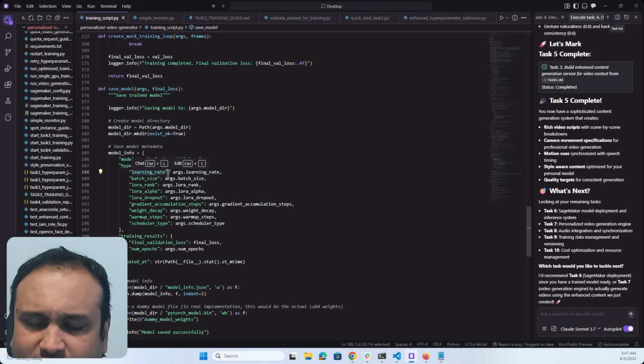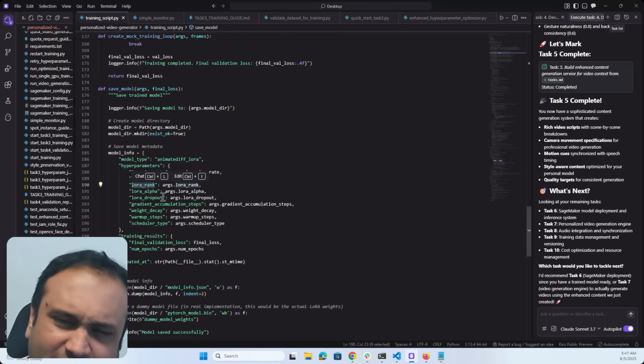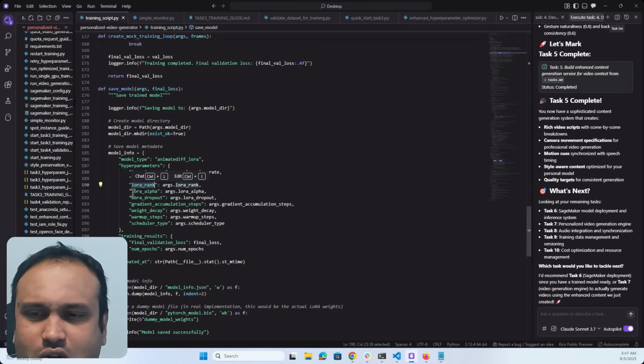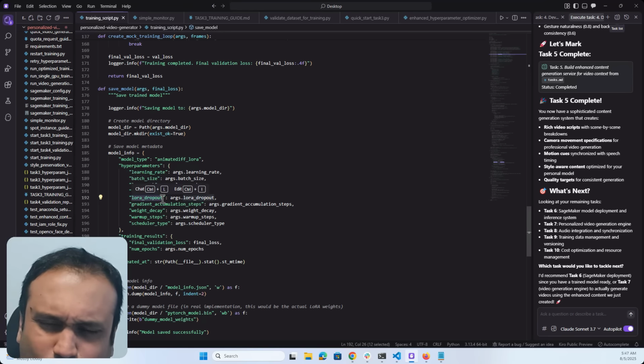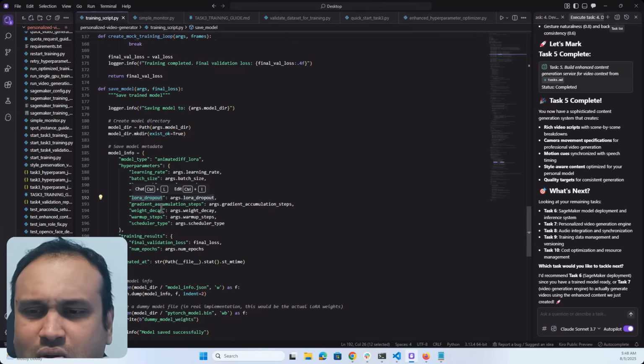The learning rate, I made it from 10 to the minus 5 to around 10 to the minus 4. The batch size, I have the possible hyperparameters as 2, 4, 6, and 8. The LoRA rank, I made it from, I think it was 32, and then I went up to 128 because it is a Bayesian search in the hyperparameter tuning, but still I don't want to give it too much of a range. And the dropout, I think it was 0.02, around that value.